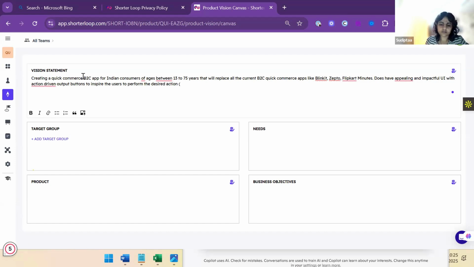What is the desired action? To instantly increase order and basket size, discount, lead value.